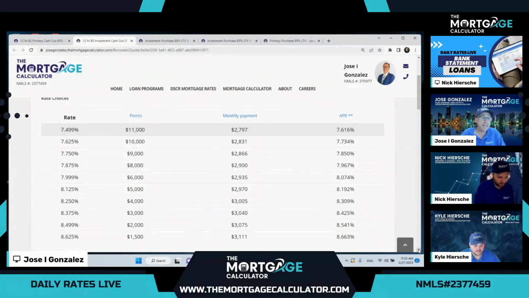I mean, amazing rates. We have seen improvements in the rates in non-QM in the last month because the appetite in secondary for loans and packages has increased. For the last year the industry was basically transitioning, figuring out what to do, but now they have a lot of money on their hands. So obviously they're loosening up the guidelines a little bit, bettering the rates so that they're starting to compete against each other for our business. And that's a good thing because we pass those savings on to all of our borrowers that can benefit from these amazing rates of